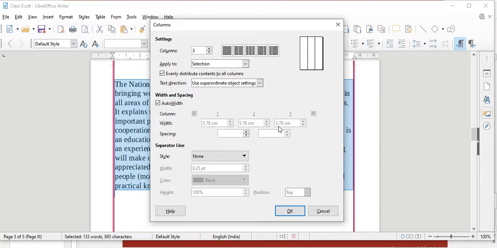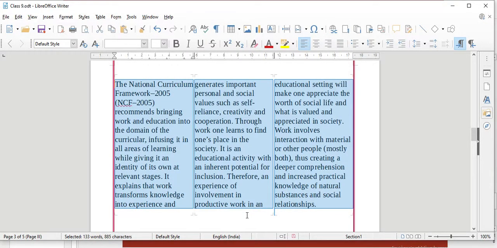If you want some spacing, you can write here how much spacing should be there. And if you want a line or dotted line, or if you don't want anything, you can just select none and then click OK. You will see your paragraph became 3 columns.